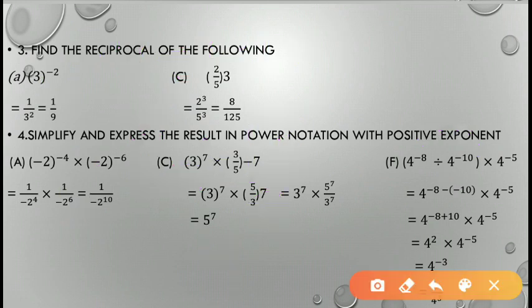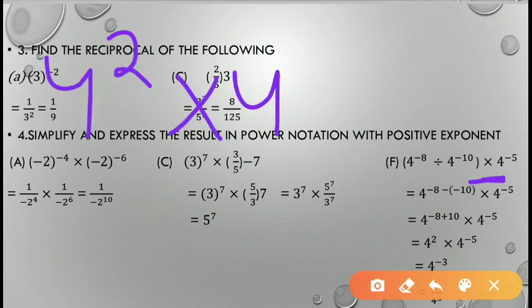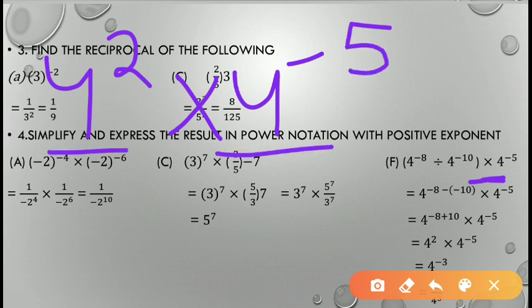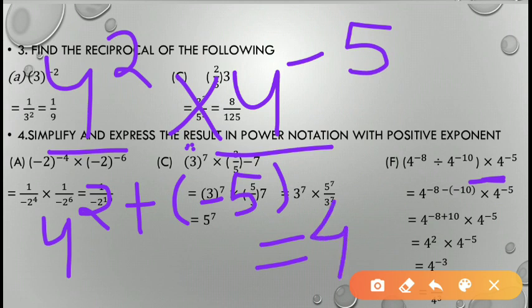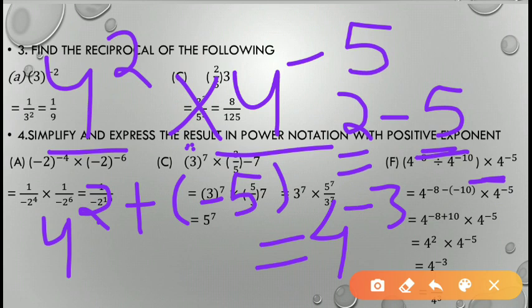Now 4 to the power 2 is the value of the bracket only. Outside of the bracket it remains 4 to the power minus 5. Here also the base is the same, but the sign is multiply. Remember this, the sign is multiply, so the powers will be added. 4 to the power 2 plus, in bracket, minus 5. This will give you what? 4 to the power, 2 plus minus 5 will always be minus 3. Why? Because 5 is greater than 2 and 5 is with the negative sign. So 4 to the power minus 3.